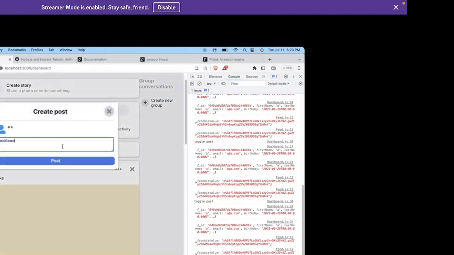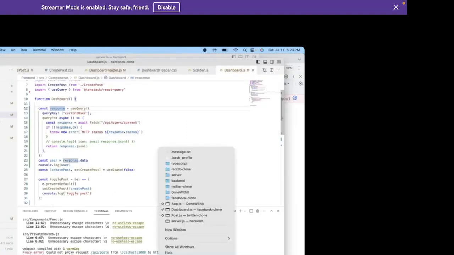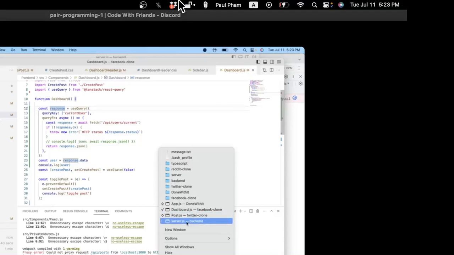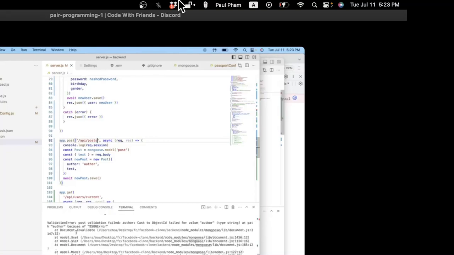So wait, now if I... No. Internal server error. Could not copy request, server backend. Oh, this is the error that I've been getting. So author will be, author has to be matched to the user. req.cookies.userid. Author will be